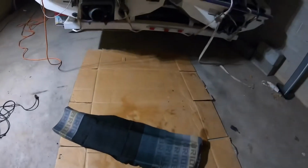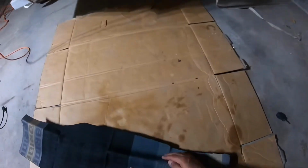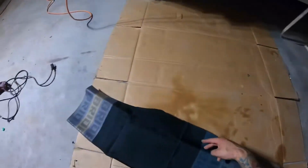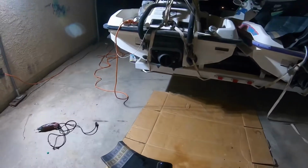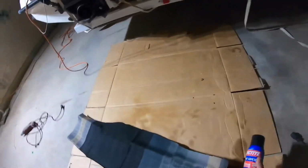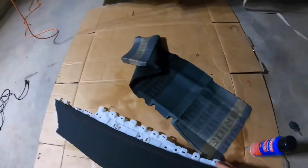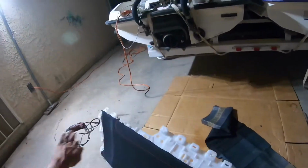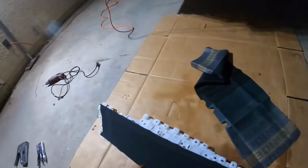I was gonna cut it exactly, but I just keep overthinking it and I don't want to cut too short. So I'm just gonna leave the excess, and afterwards I'll get a razor blade and trim it. I am using this Loctite for the custom. This is what I use. It's pretty durable, so make sure your part is clean. So I guess there's no going back. I'm gonna spray over the actual